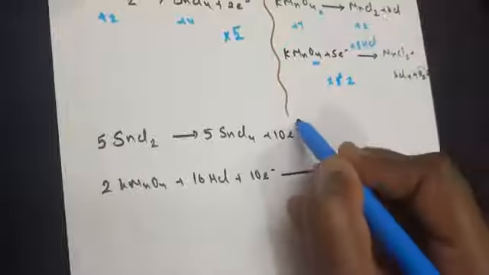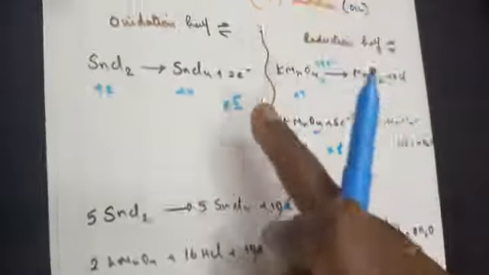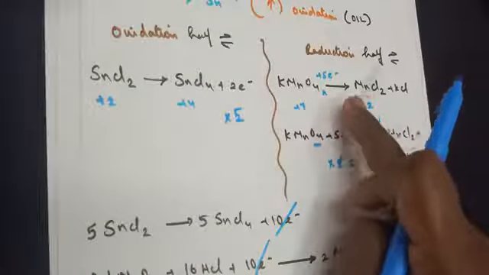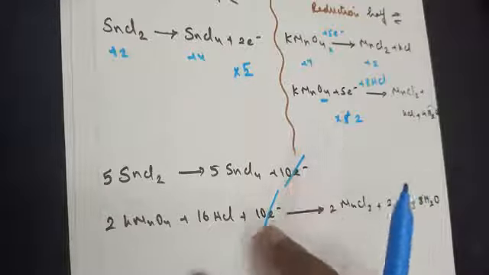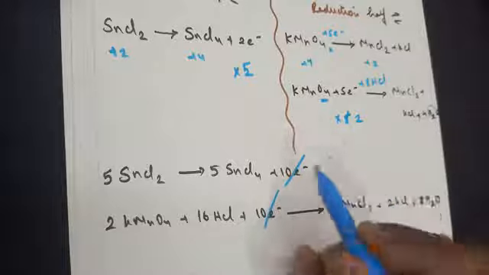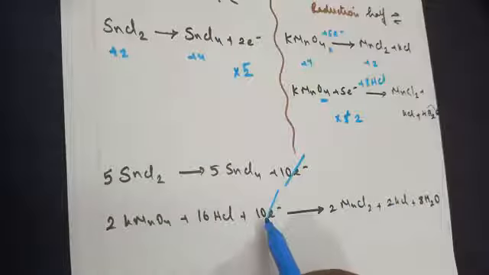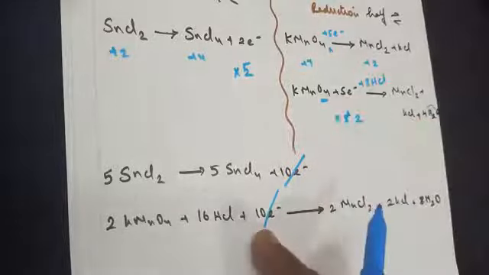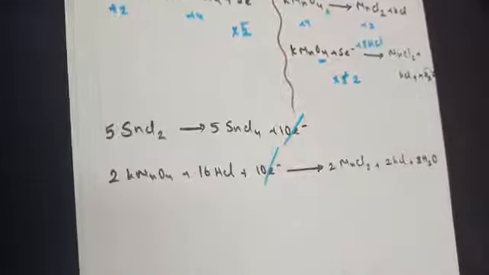Now what we are going to do, electrons and electrons get cancelled. Always remember, when you are writing this oxidation and reduction method, gaining of electron and losing of electron should be on the opposite sides. If you look at it, it's on the product side in terms of oxidation. On the reduction side, it's on the reactant side. Opposite sides they should be balanced. So they get cancelled here.